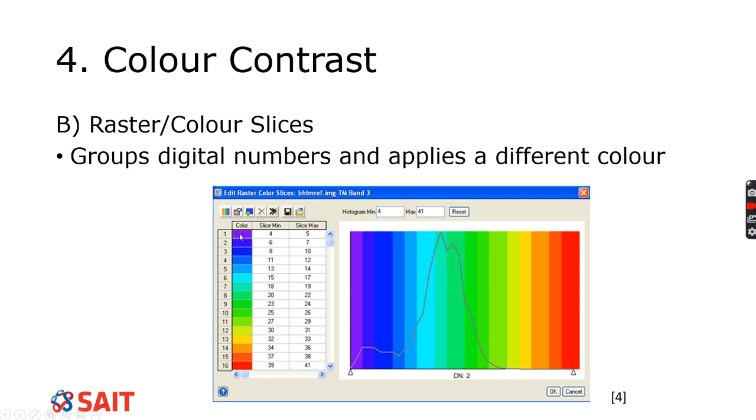So we'd have 3 different colors, and I could go with blue, green, and red, and then that's all I'm going to see on my image: blue, green, and red. I'm not going to see any other color. So that's color slicing. Again, this is also done with thermal a lot rather than doing it with optical, but